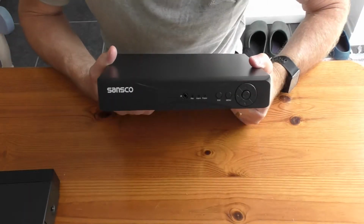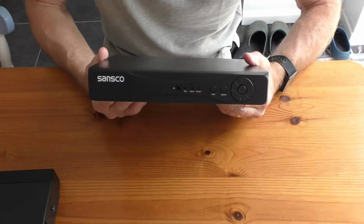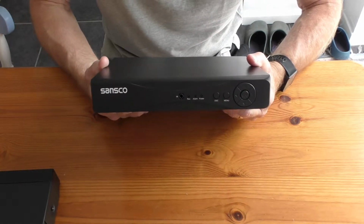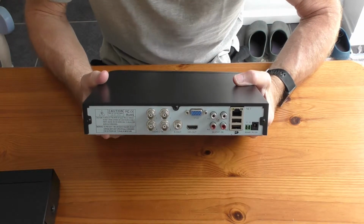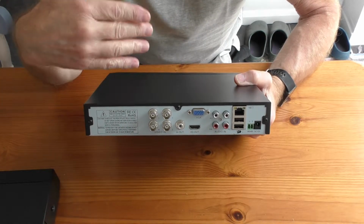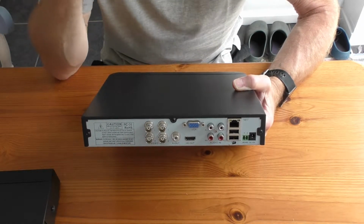This is my Sansco S4D4 C1T 4-channel DVR, which goes with my cameras, which I've got around the house outside. I wanted to add another camera to it, but I can't, obviously, because it's only got 4 inputs. So what I've done is I've ordered the 8-channel box to replace this. It's been a great system. I've had it about 14 months. Had a little problem with it, which Sansco sorted out straight away, so I was quite happy to replace it